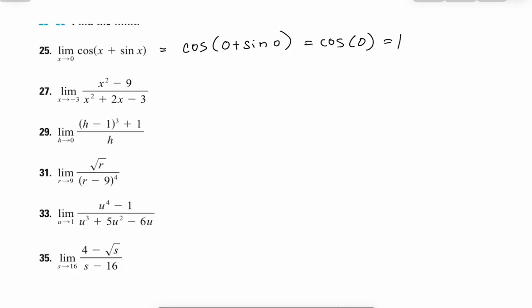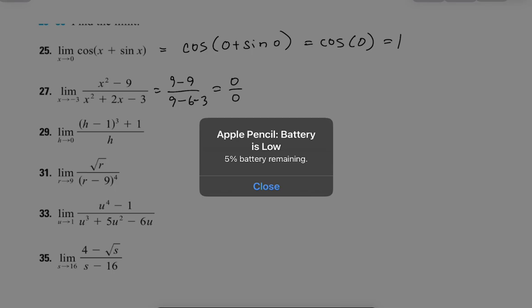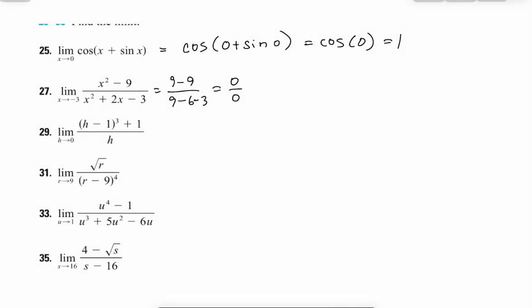Let's plug in -3. We get -3 squared, which is 9. We get 9 minus 9 on top. On the bottom, we get 9 minus 6 minus 3, or we get 0 over 0. That indicates there is a hole in the graph, but the limit probably exists. So it is your job, when this case happens, to manipulate the algebra and fix the